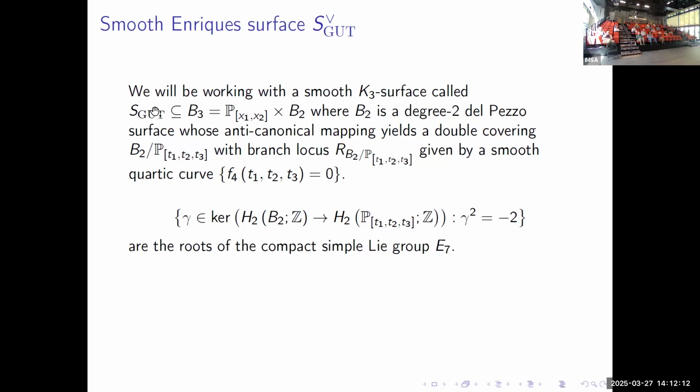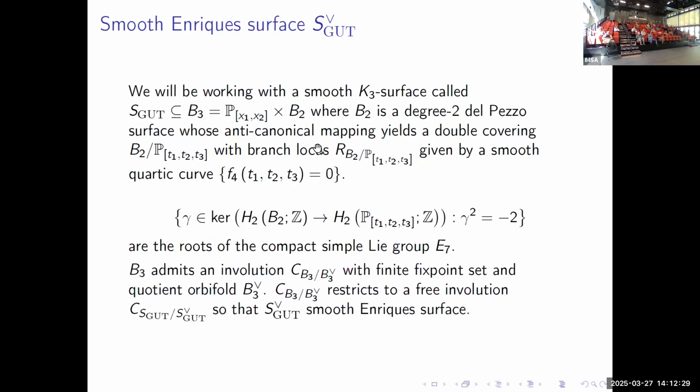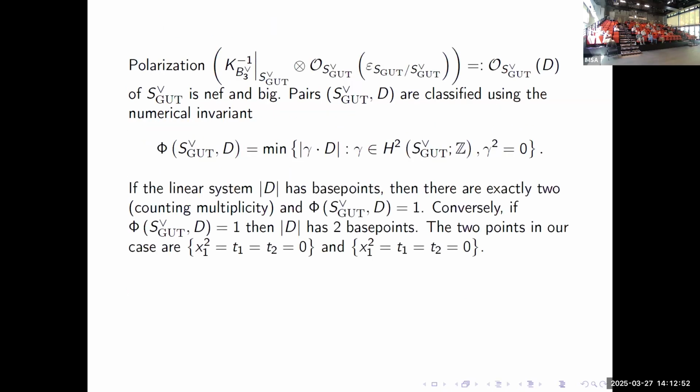Our S gut here will be in a B3, which is simply the product of P1 with a degree 2 del Pezzo surface. That's a two-sheeted covering of P2 with a quartic branch curve, and has the lovely property that's going to be crucial for us, that the roots of E7 are simply